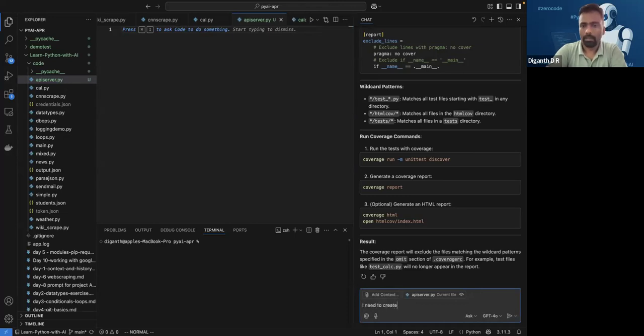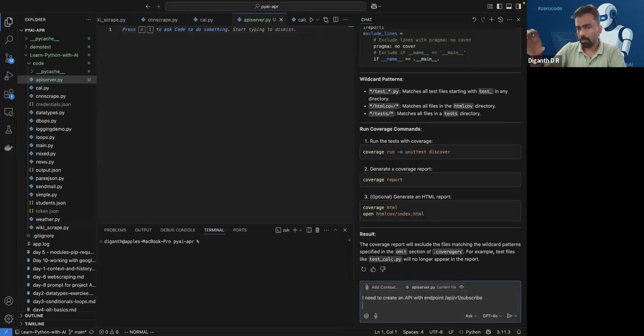I need to create an API with endpoint. You can actually elaborate this, but that's fine. I need an endpoint, API version 1, say subscribe. Okay. So this is the endpoint. So what is the action? So this API should take input from